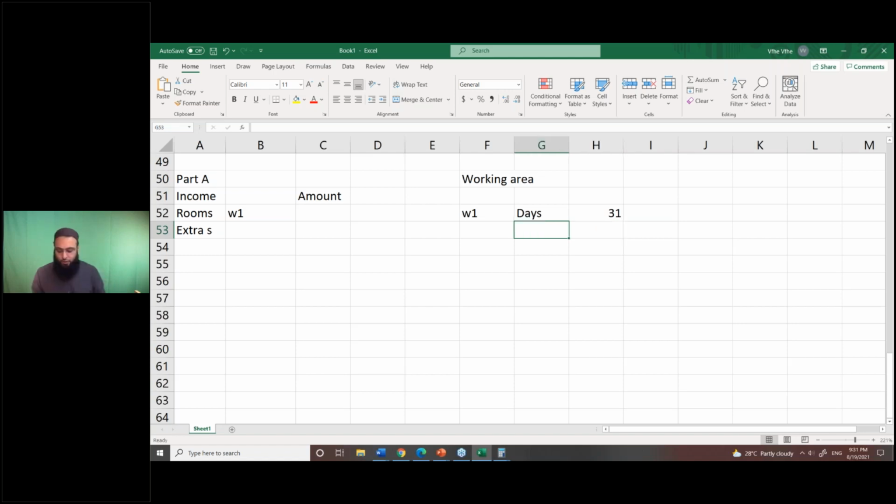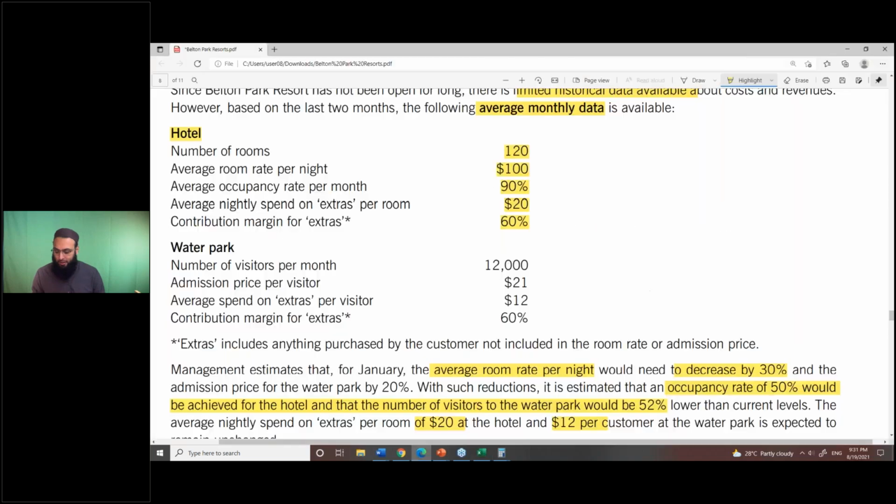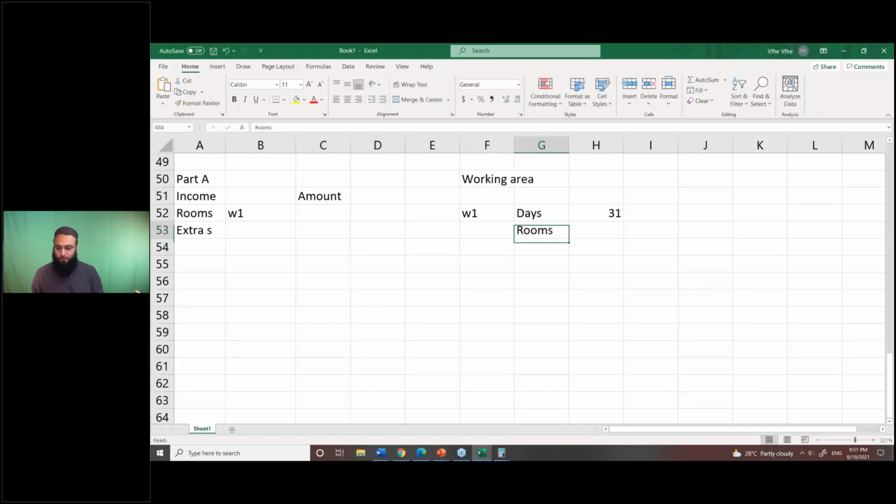So 31 days you have. How many rooms do we have? 120 rooms we have. So today is all hotel day, right? So total availability is how much? 120 into 31 is